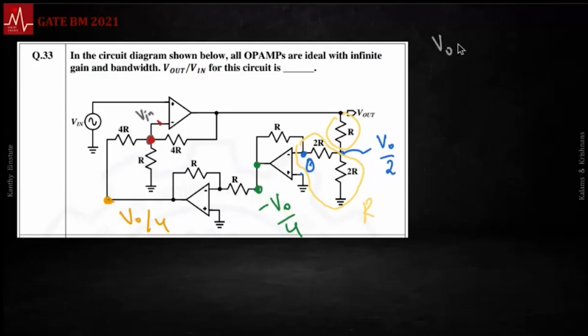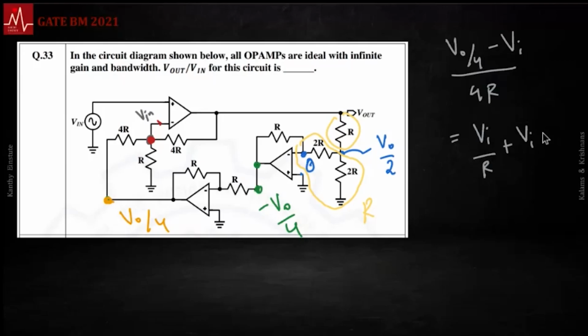In fact, current through the 4R is V naught. Let's also make it VO and VI. Okay, V naught by 4, that's the current, minus VI. This is the change in voltage across 4R, divided by 4R, and it should be equal to the current exiting that red dot. So that equals Vi by R, the other current, plus Vi minus Vo by 4R,